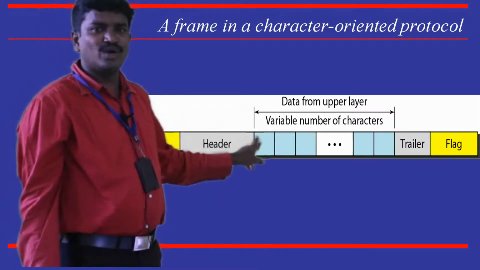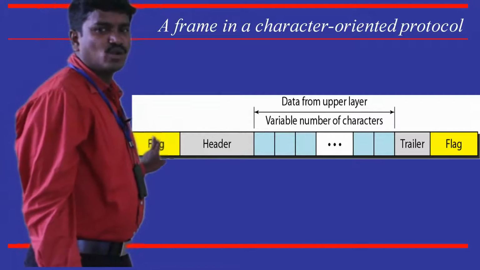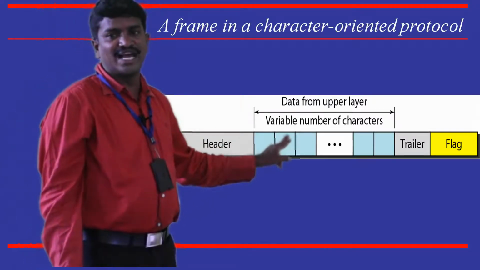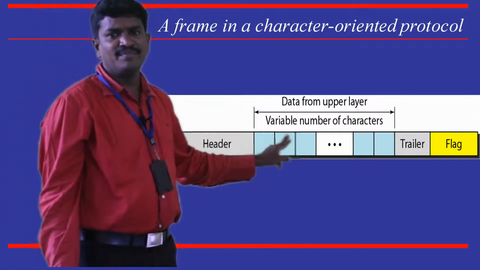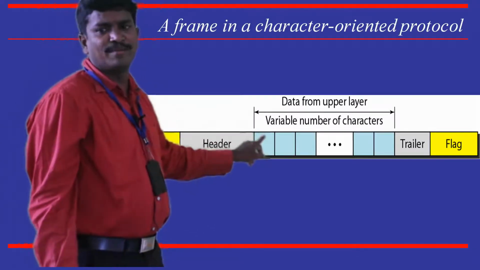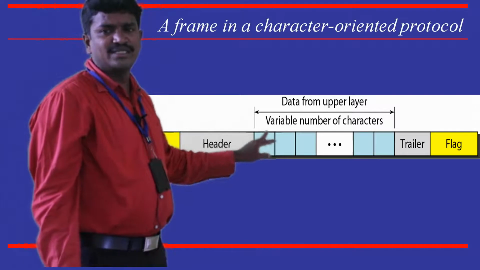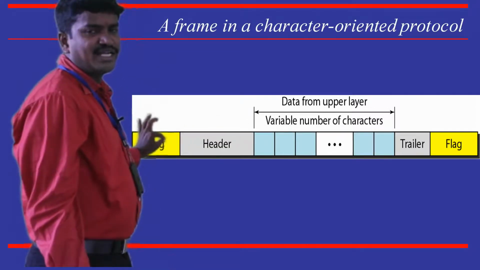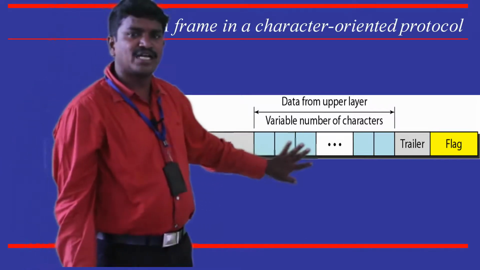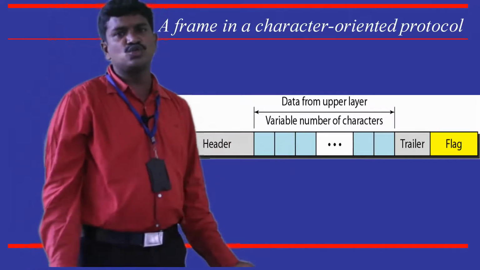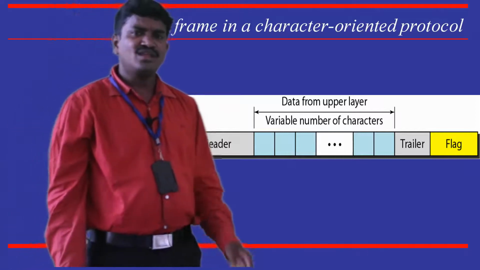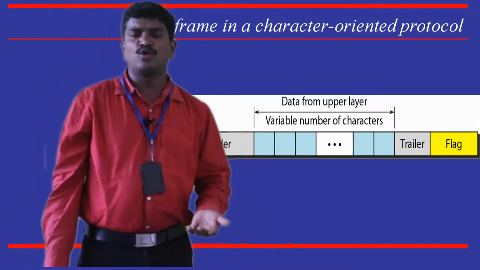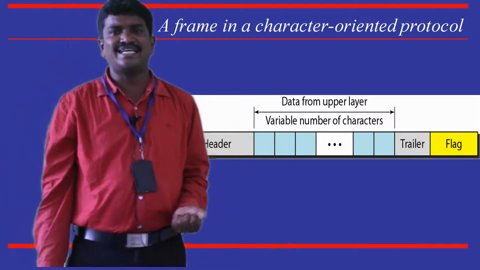If it is repeated, the system will understand, okay, here is the starting of the frame. Let us say here itself we come across a flag byte, then this is considered a frame. So we should select the flag in such a way that it does not appear as part of the frame content, then only it is useful. But if the data link layer transfers only text, then it is okay, we will take one more character which is not part of the text as a flag.